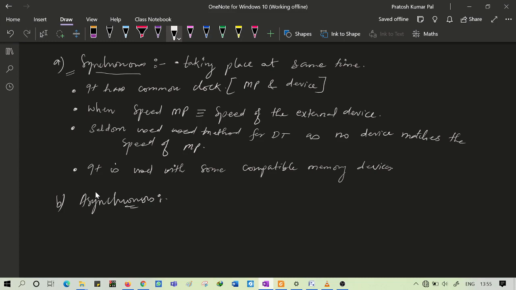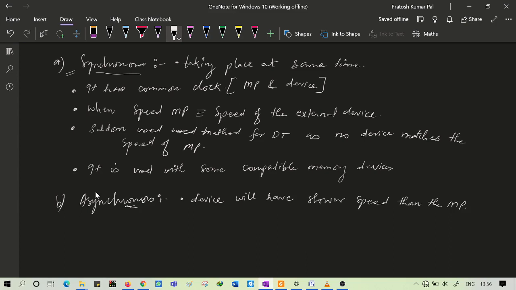This will only be taking place when the external device, or the device to which the data is being transferred, is a slower device. So the device will have a slower speed than the microprocessor.